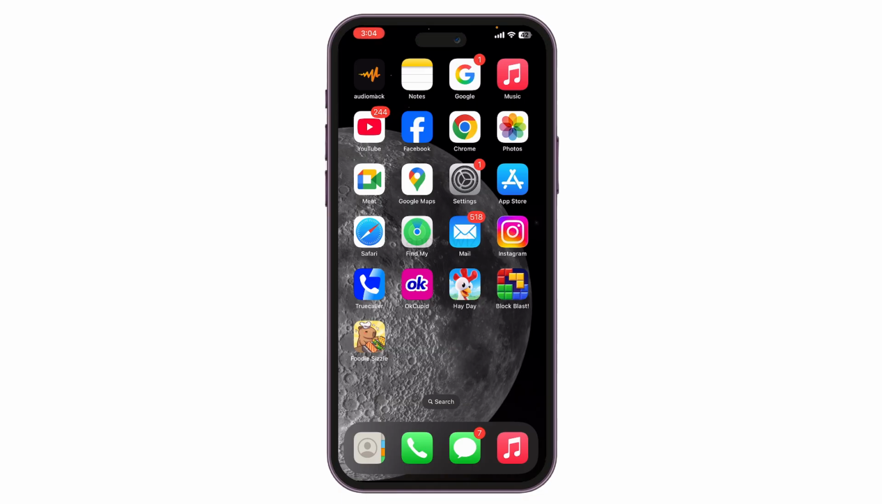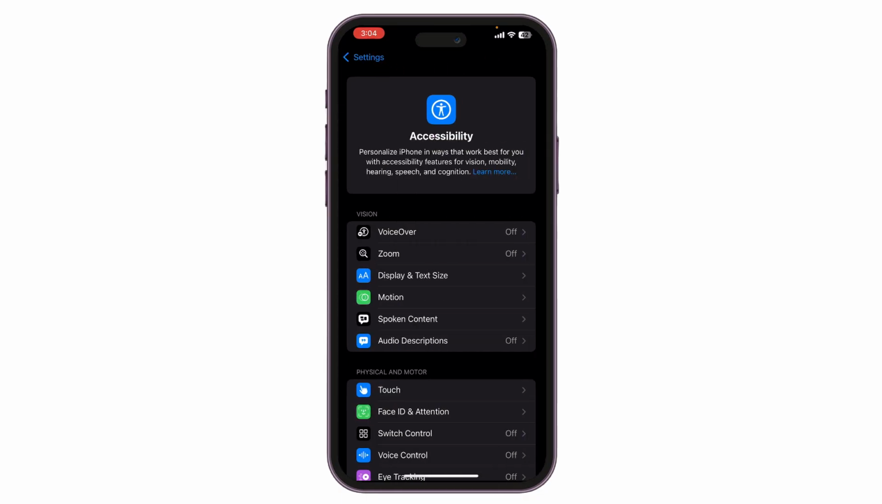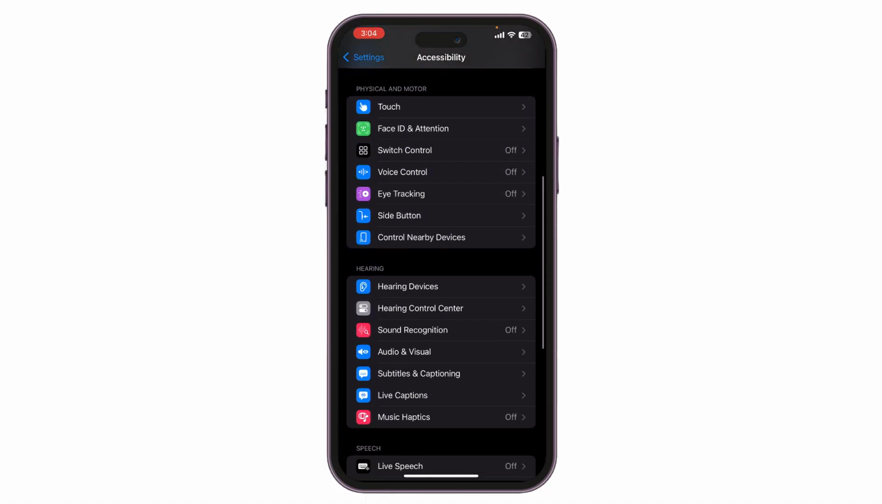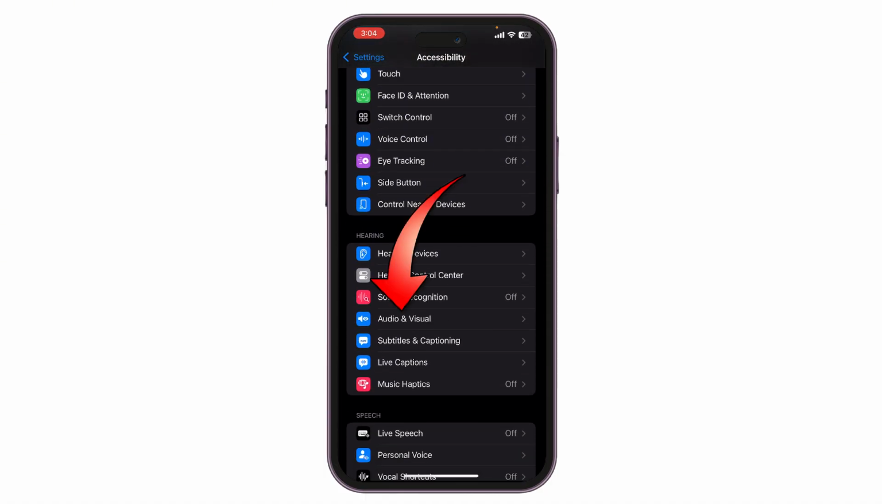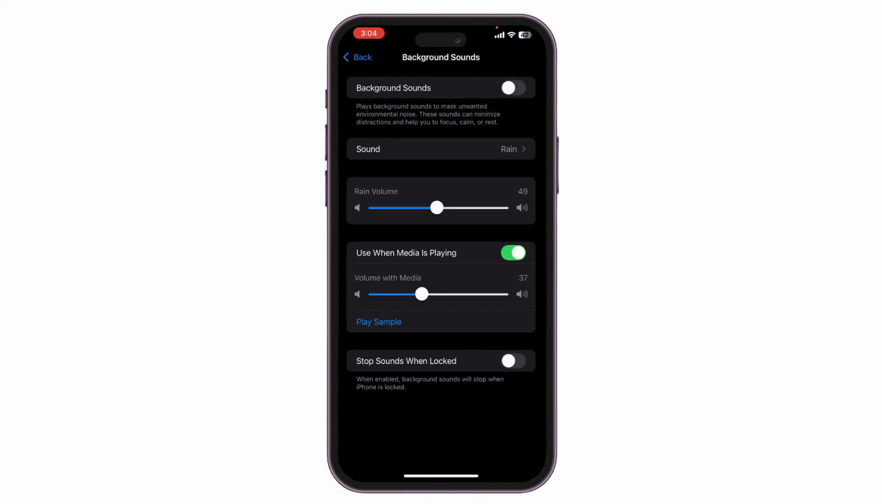First of all, get to the settings of your phone and from here tap on accessibility. After doing that, scroll down a bit until you see audio and visual. Tap on it and then tap on background sounds. So after doing that, all you have to do is simply tap on this toggle button and turn on your